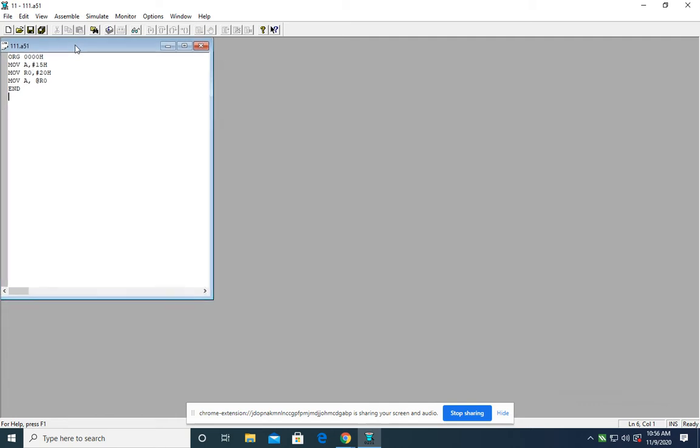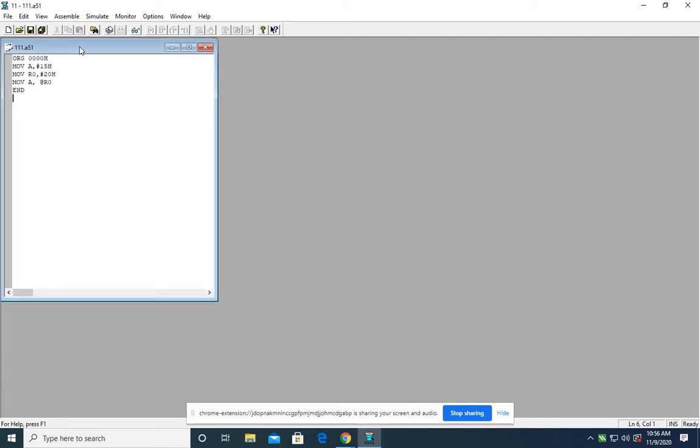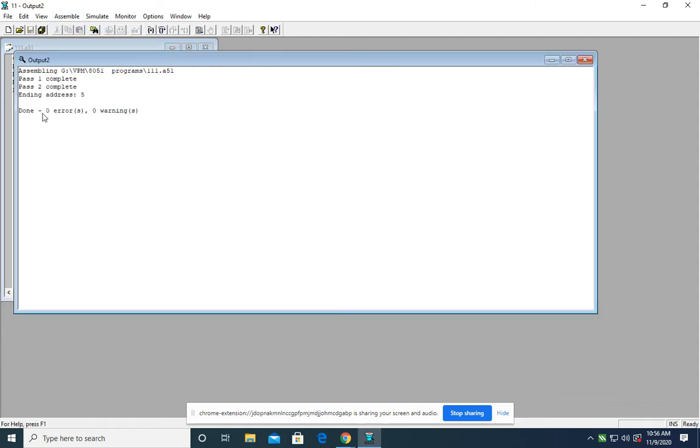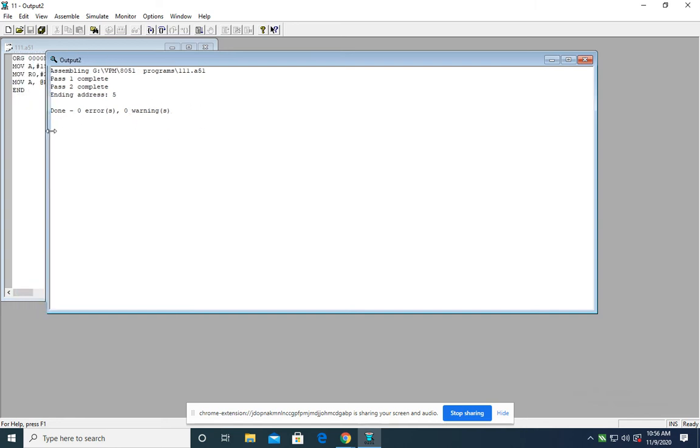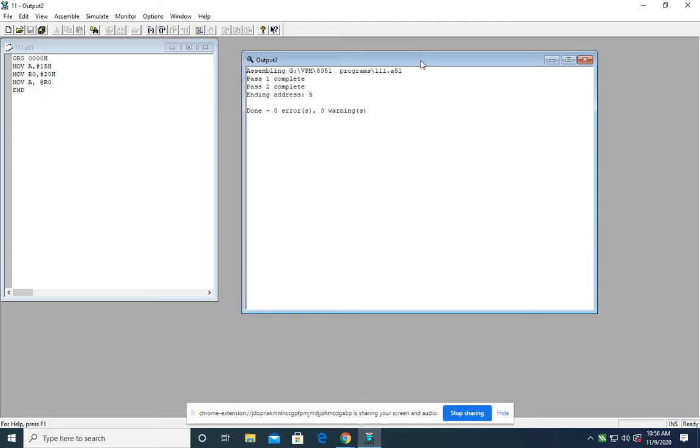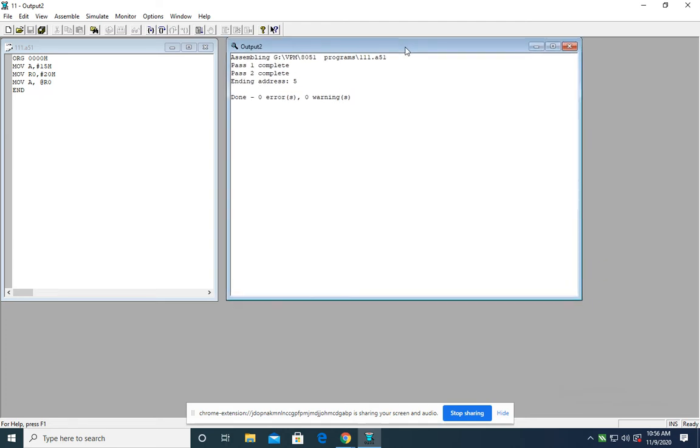Because we have written the program in assembly language, an assembler is needed, and this assembler will do the assembling of the program. Once you complete the program and go for assembling it, you get this output file.